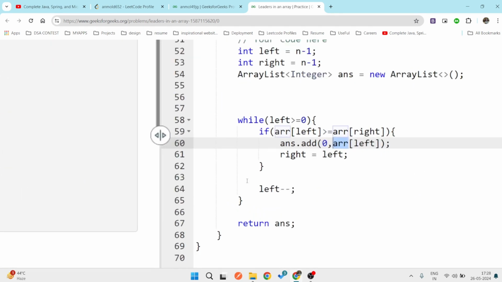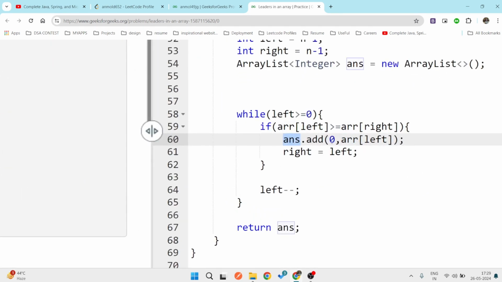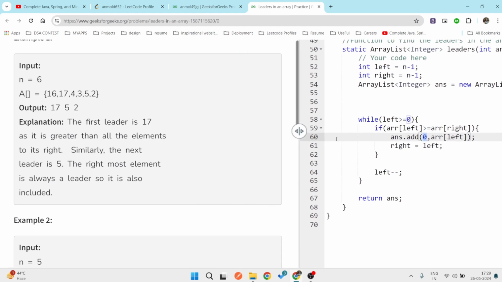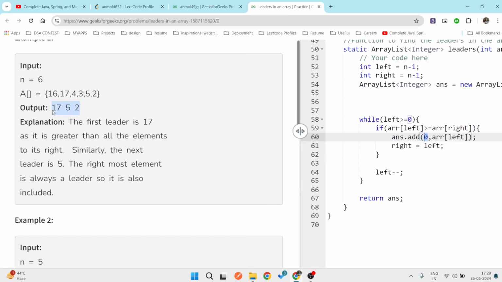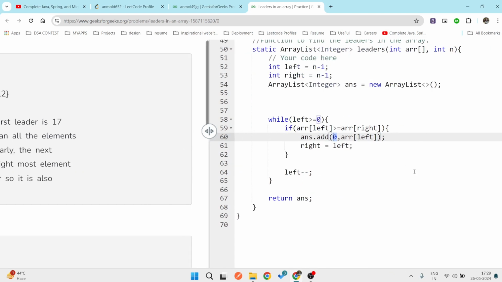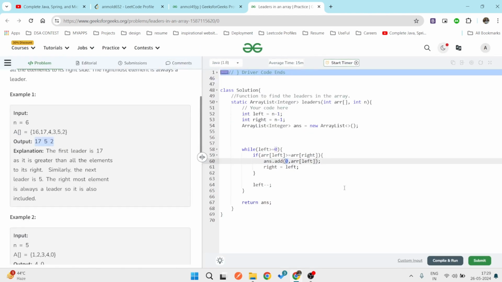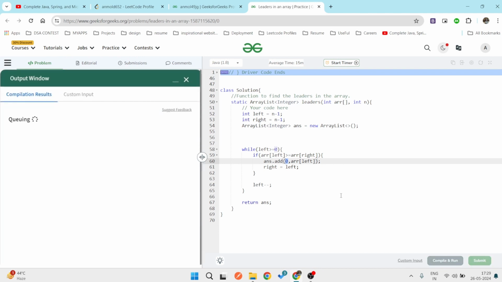One thing we have to take care of is that we add the values at the zeroth index, meaning the first position. If we do answer dot add, then our values will be in the opposite direction, so we have to manage the direction. Every time we insert a value, we insert it at index zero. So this is our solution. If we run it,